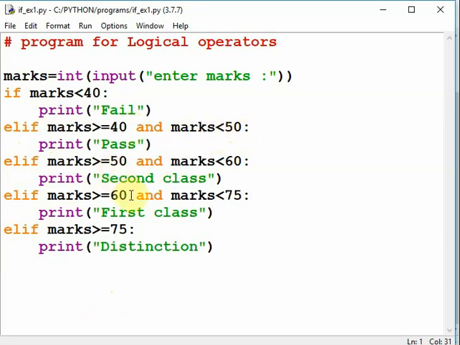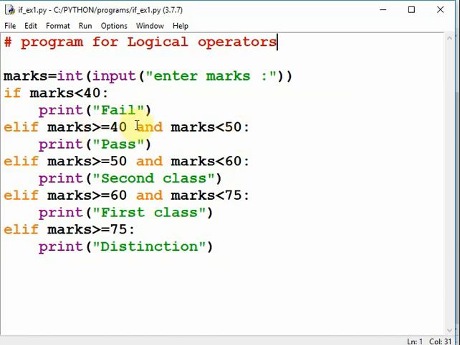Okay. You know logical operator AND means if the marks entered by user is 45, then this 45 is between 40 and 50 because it is greater than 40 and less than 50.